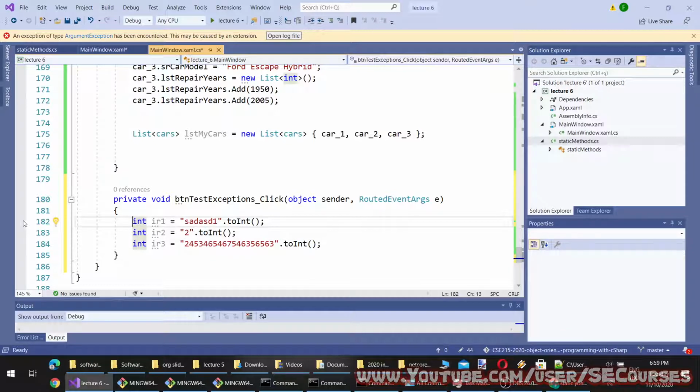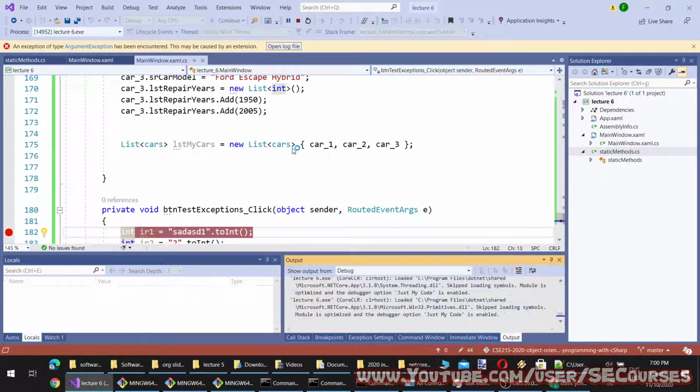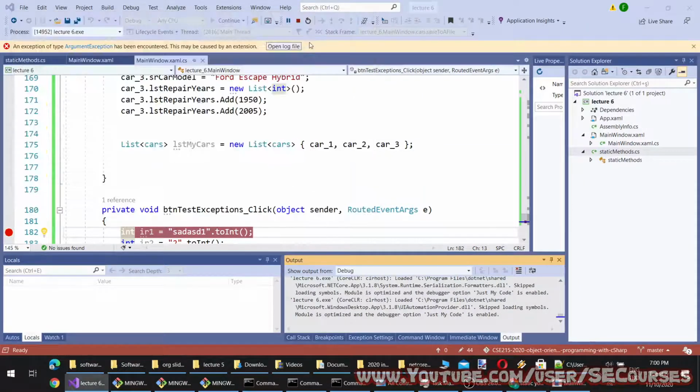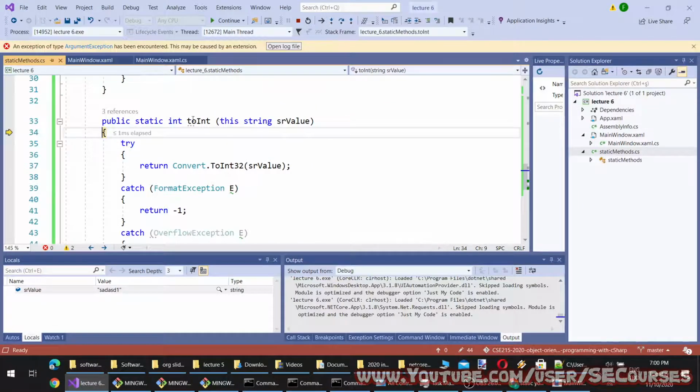So let's see each of them how our method behaves. So to test that, I did put a breakpoint. Okay, I am clicking my button. Okay, so I am going to use step into method. So my extension is called. By the way, how has this become an extension? Because I have added this keyword in front of it. Therefore, now this is an extension of string class.